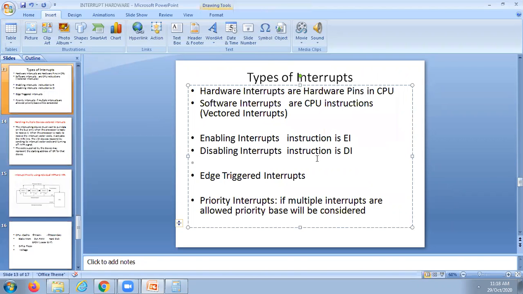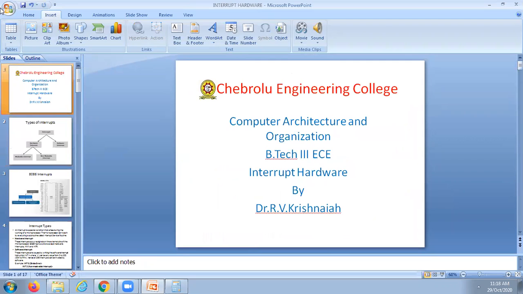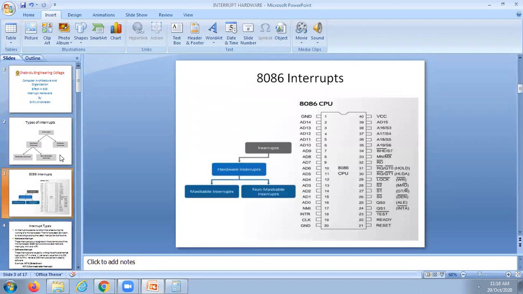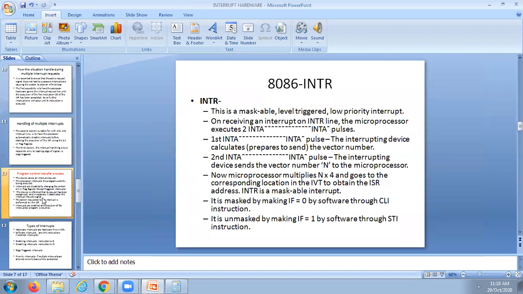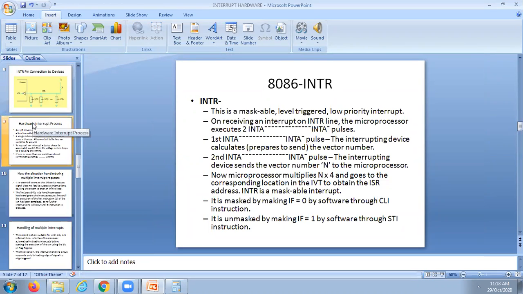Do you have any doubt till this step? All this is the hardware interrupt process, how it happens and how it handles multiple devices: how one interrupt line, the INTR line, is used to connect many IO devices. Another one is NMI, the non-maskable interrupt, which has a special significance. It is used especially for fire, accident purposes, and whenever there is an emergency. Even though all others are switched off, that will be activated.